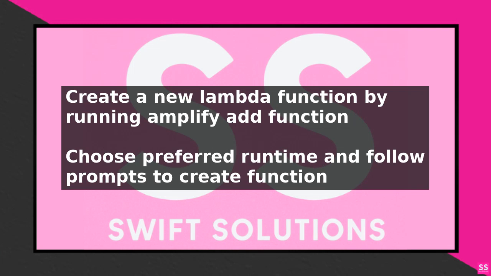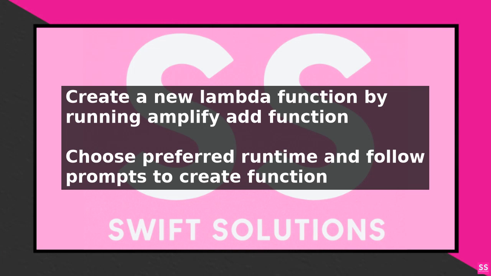After creating your Lambda function, you will need to write the code for your function. This code should be written in the runtime you chose earlier and should be exported as a handler function. For example, if you chose Node.js, your code might look like exports.handler = async (event) => { return { statusCode: 200 } }. Once you have written your Lambda function code, you can test it locally by running the command